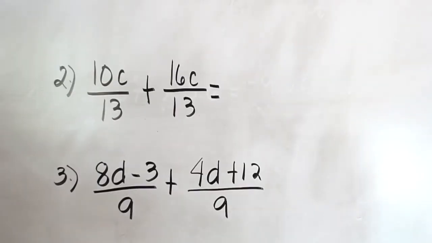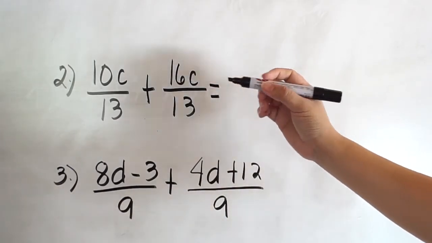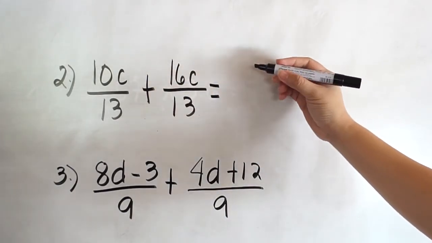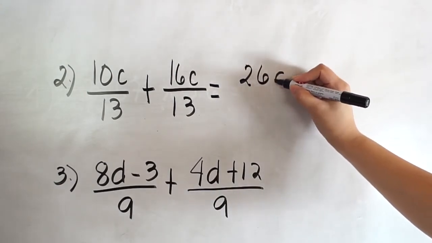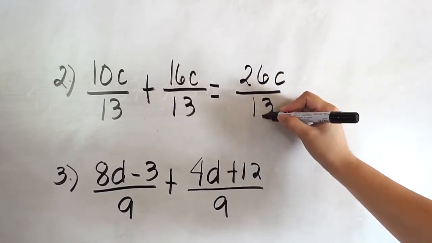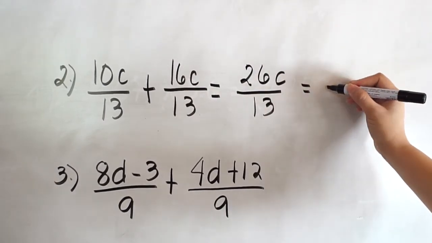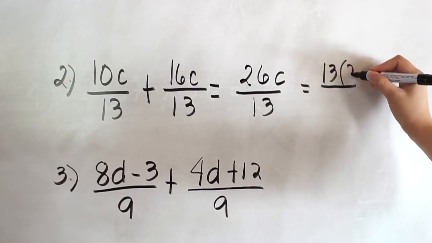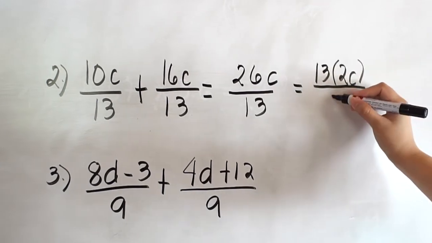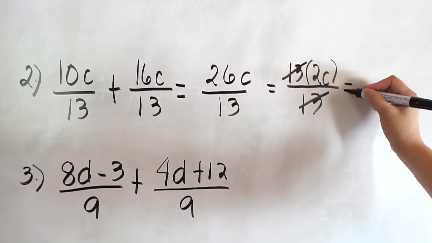10C over 13 plus 16C over 13. So first, we have to add the numerator. So 10C plus 16C is 26C over 13. Since we can factor 26C, we will use 13 times 2C over 13. And then cancel similar terms. And then your final answer is